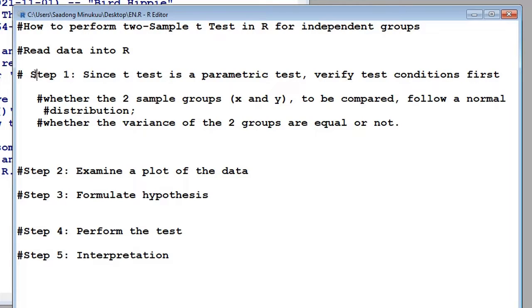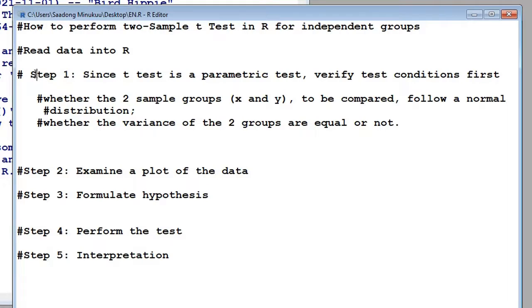And secondly, the variances of the two groups could either be equal or not equal. In the case where the variances are not equal, we perform a 2-sample t-test for independent groups for unequal variances. In case they are equal, then we perform a 2-sample t-test for independent groups for